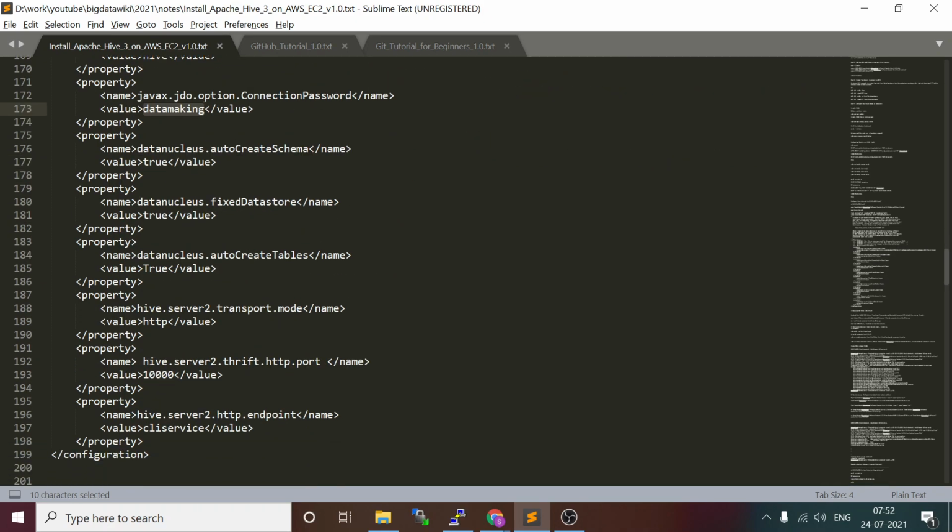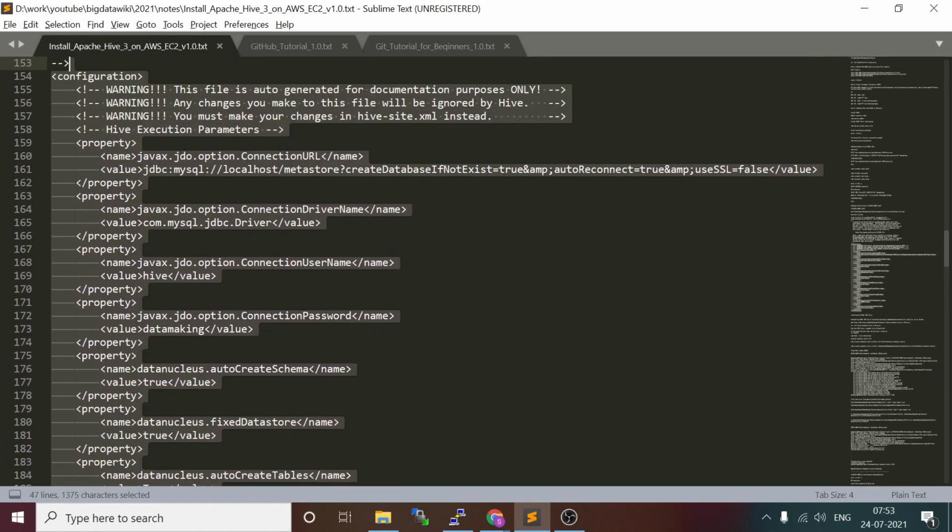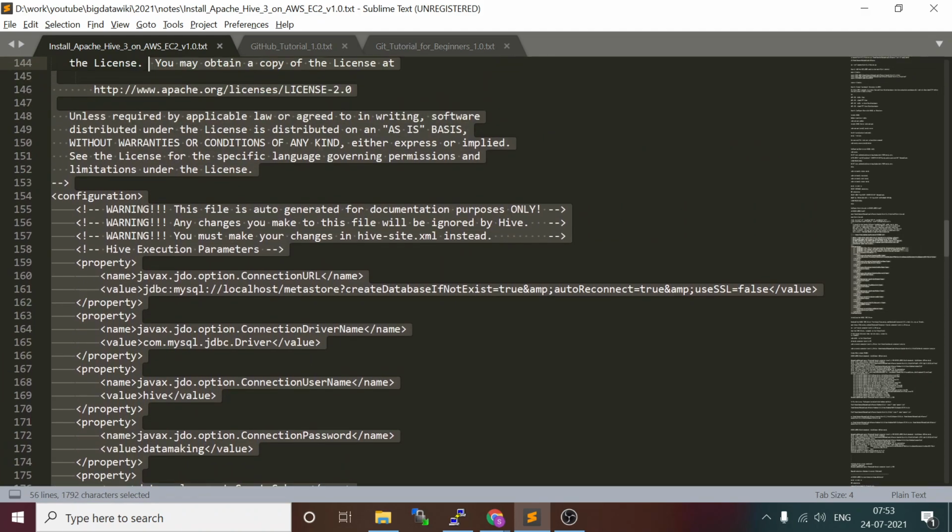And there is HiveServer2, which is one of the Thrift servers. So that port number we are setting as 10,000. You might be using this when you use the Hive Thrift server. I'm just giving this hint. Okay, so let's go and save this content for the hive-site.xml file.